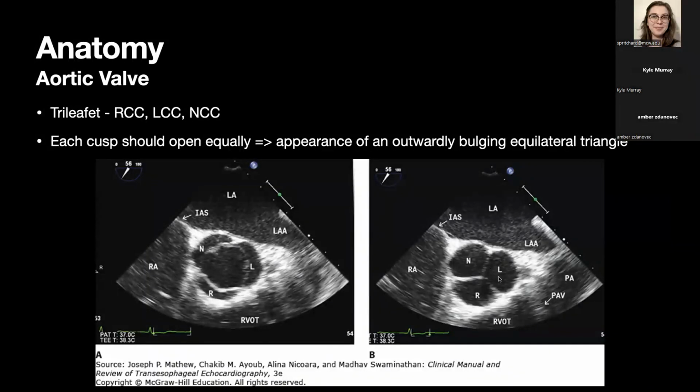Your left coronary cusp, they're named based on the coronaries, but they also are in the same position as other anatomy. If this is your left atrium, this is your left coronary cusp, and I wonder if this is the coronary starting to come off here. Sometimes you can see it. If you remember in this view, down here is your RA and your RV. So that's how you can orient yourself to the right coronary cusp. The right coronary usually comes off right here somewhere. And then this is your interatrial septum, left atrium, right atrium, septum, and that's usually in line with your non-coronary cusp. So that's how you can kind of